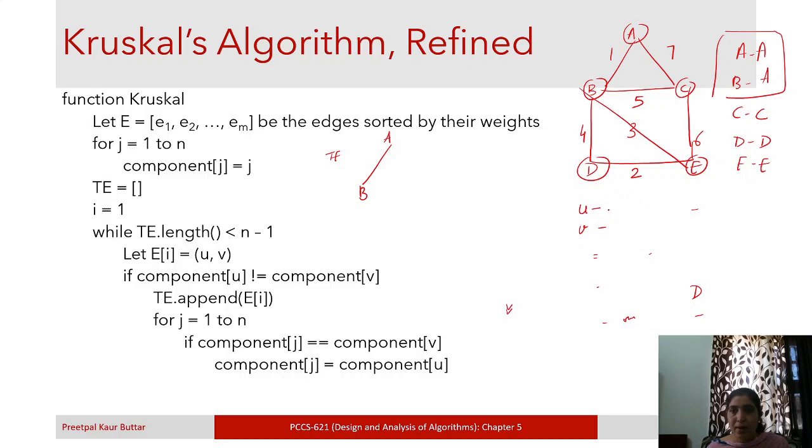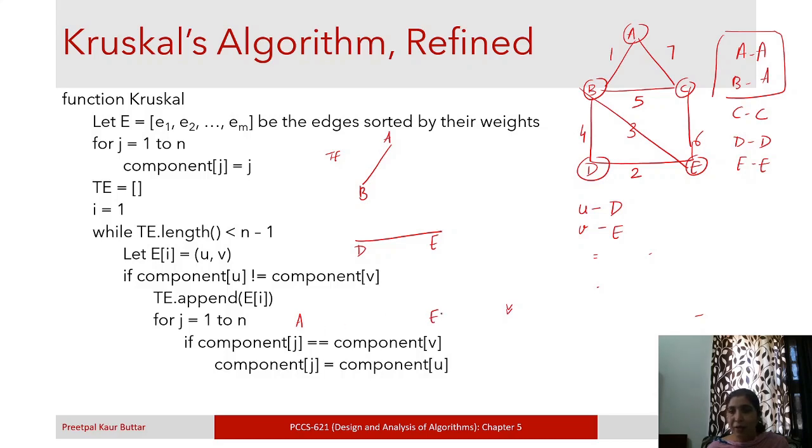U is d and v is e. Okay, so their components are different, so we will add them to the tree, and then for all the edges we will update the components. Okay, so component of j can be a and v here is e.